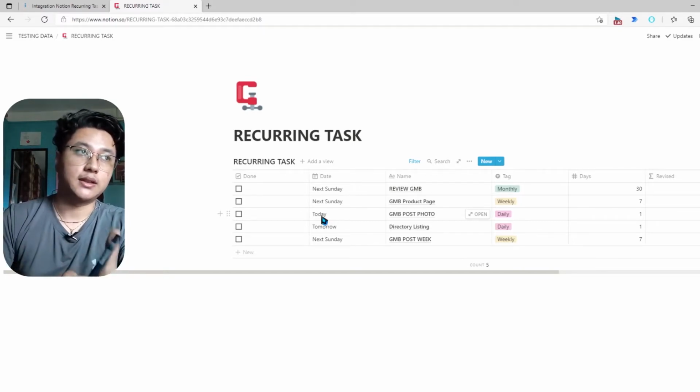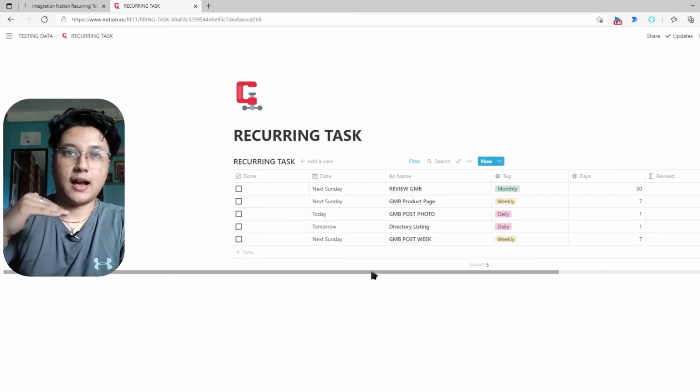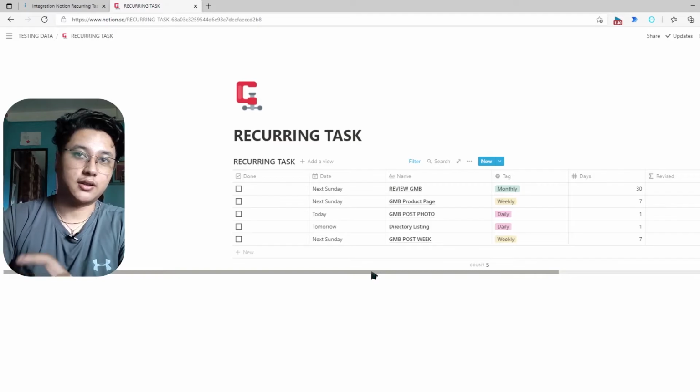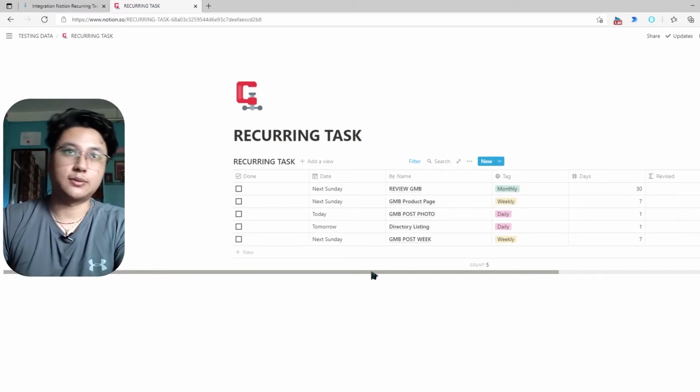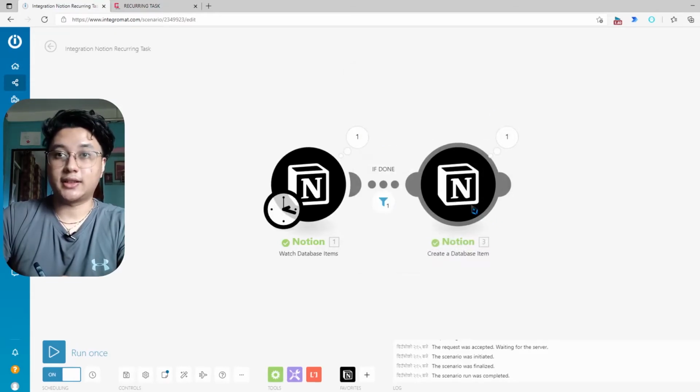I just want to be under threshold, yeah, under threshold, and I'm just going to be doing that. And I have this task occurs and the system will run and the tasks will be updated with this created database item